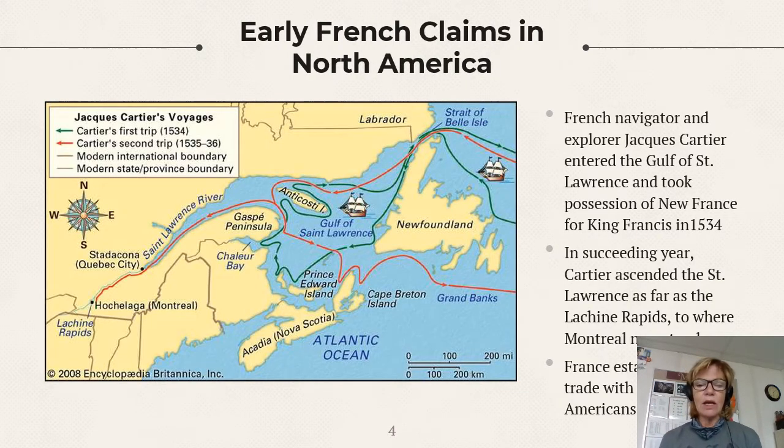Okay, so if you look right here, this is a map that shows the various voyages of Jacques Cartier. He sailed on behalf of France way back in 1534, so even before the British. He goes up and he claims that territory in the Gulf of St. Lawrence. So I want you to look at the map because these are places that we're going to be discussing as we go through this presentation. You can see down there, that's Nova Scotia and then Prince Edward Island, and then Newfoundland, and then the St. Lawrence River. That is very important, right?